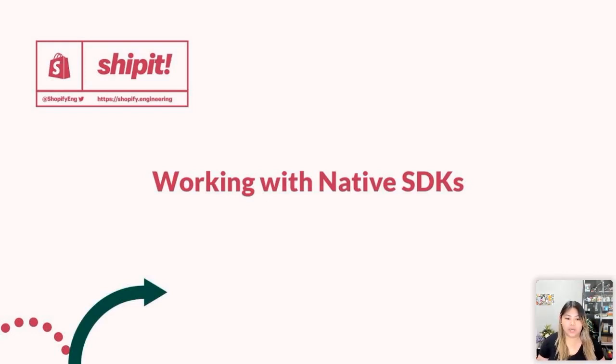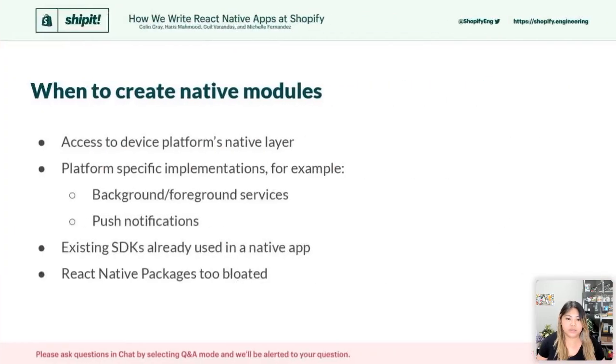So in our point of sale app, we have integrations with card readers, printers, barcode scanners, cash drawers, and things like those, where we do use the native SDKs for them. In some cases, your app may not even need to use native SDKs or create something called a native bridging module, because you may just be able to use everything that comes with the React and React Native package. But let's focus on the native SDKs here and how we use them, and also when we want to create them. It's not a normal part of your React Native app creation process, but when you do